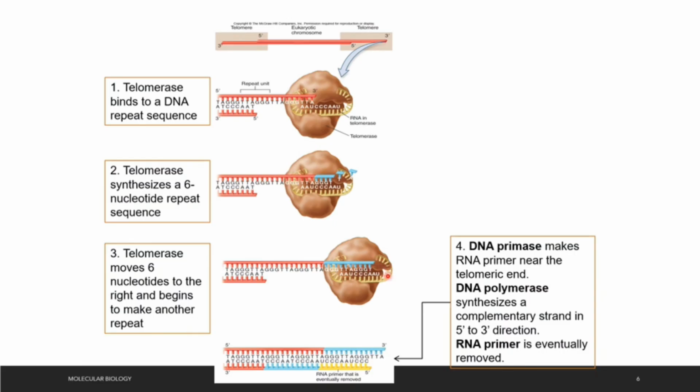And after all these extensions happen, you will have a piece of DNA that has a very, very long 3' overhang. And the other DNA replication mechanisms can come in. So you have the DNA primases that come in to prime the ends of the DNA, and then you can have DNA polymerases come in to synthesize the